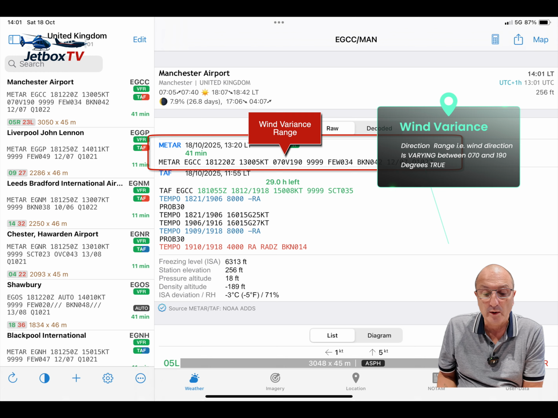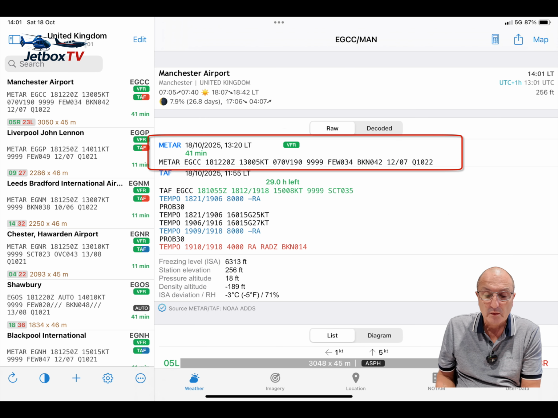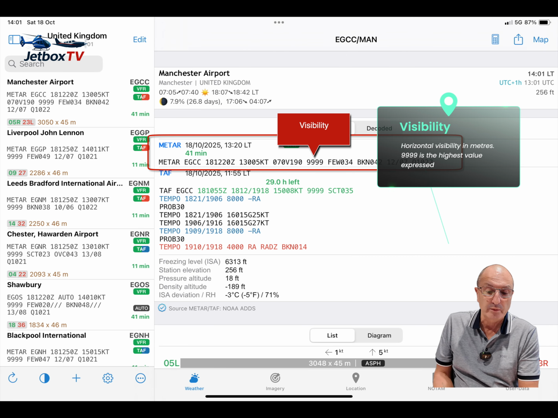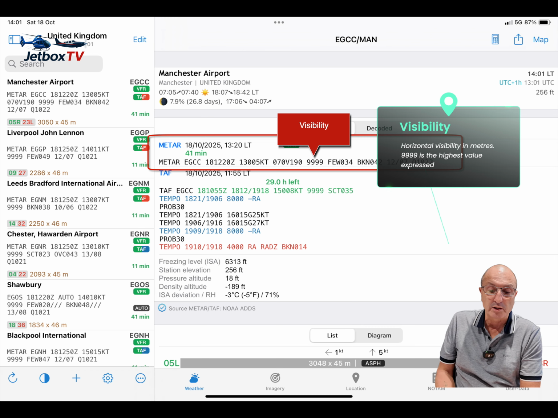So we've got a wind that is moving around between 070 and 190 degrees. The 9999, often referred to as all the nines, represents the horizontal distance in meters of the visibility. It doesn't give a figure if it's beyond 10 kilometers. So all the nines is a representation to say that we've got a horizontal visibility of 10 kilometers or more, which represents typically